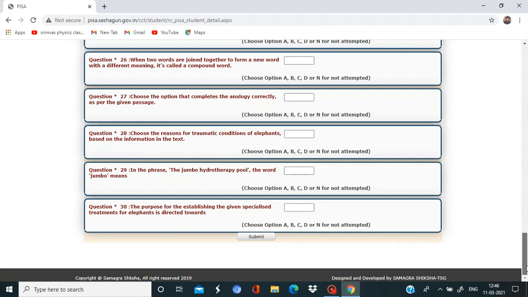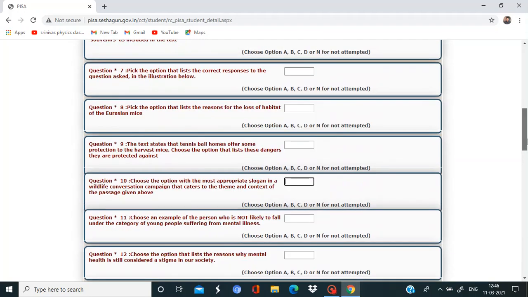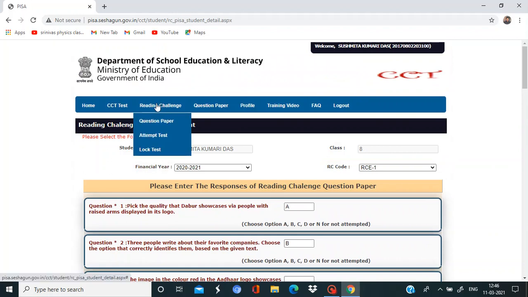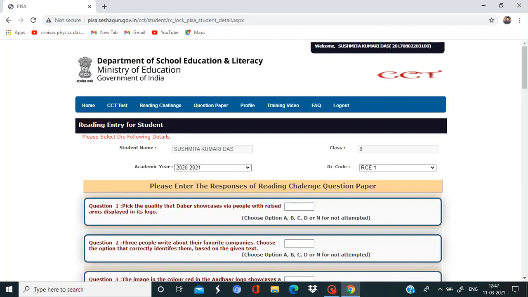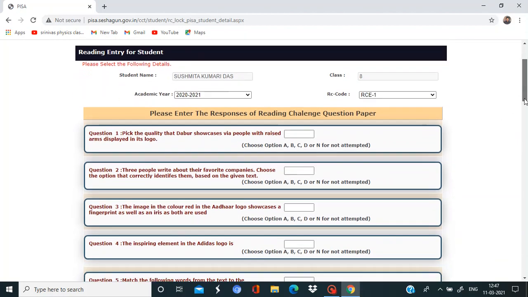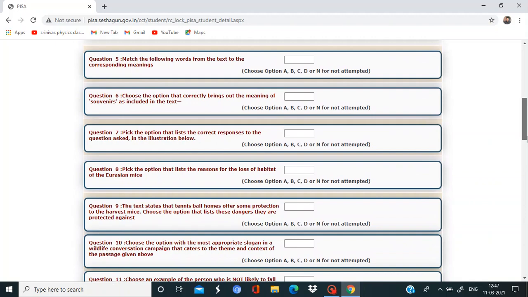After clicking submit, you can go back to the reading challenge heading, and there will be a lock test, and you can click on the lock test. After clicking on the lock test, this page will open, and then again select the financial year 2021 and the reading challenge code RCE1. Whatever answers you fed in the attempt test will be displayed here.